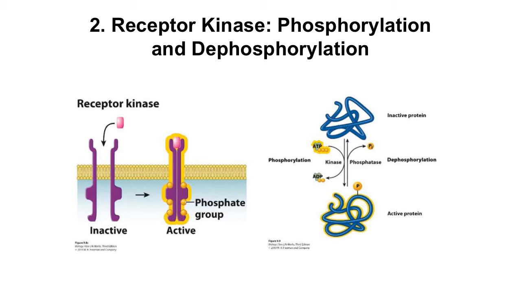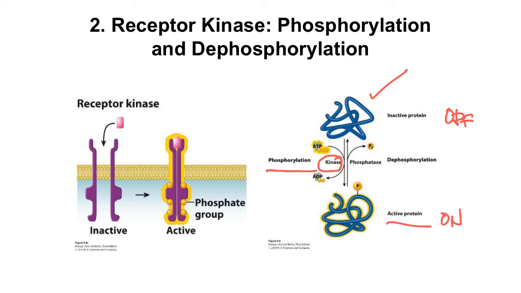So you see here in this figure on the right a process where a protein which is inactive in its state gets activated by the process of phosphorylation using an enzyme called a kinase. So the addition of phosphorylation makes this inactive protein active. So this is, again, an illustration of the off and on state of molecular switches through the process of